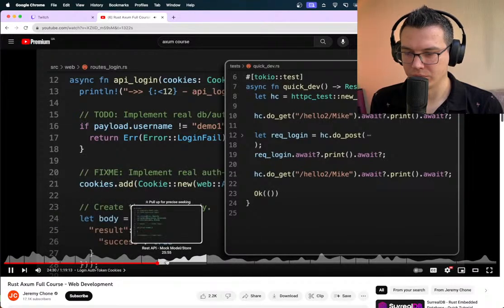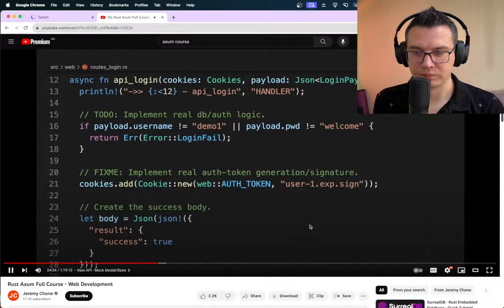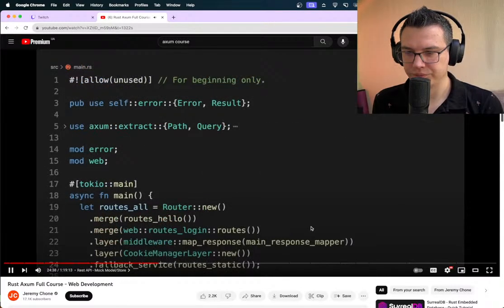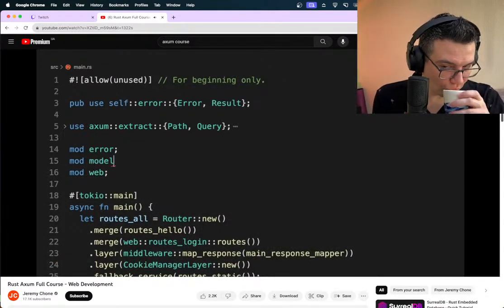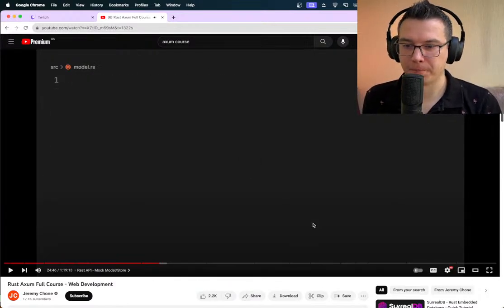Okay, let's remove our second hello to Mike. We don't need it. And now that we have that, we are ready to implement our REST API. And for that, the first thing we are going to implement is a model layer. So we're going to have a model module. We're going to jump into it. And so the architecture